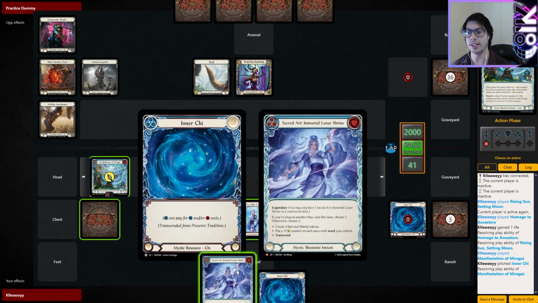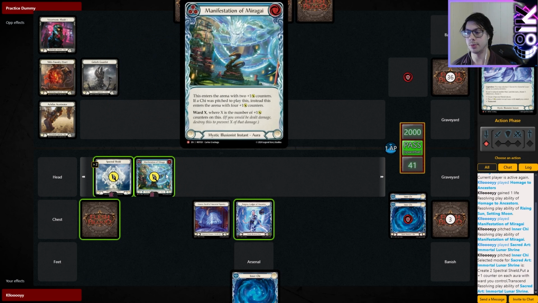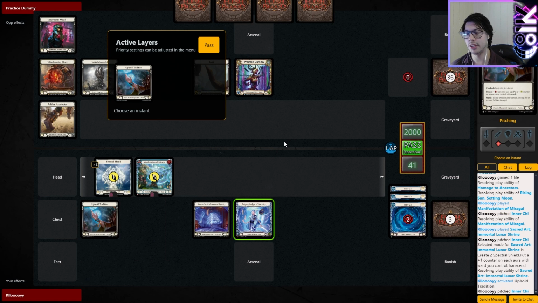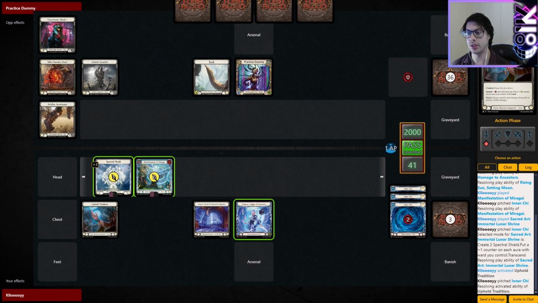So we also have the Sacred Art, which will give it some more counters. So we can pitch the Inner Chi, we'll end up getting 2 Spectral Shield tokens, as well as the Miragai, and giving it another counter. So we now have Inner Chi, which means we can attack and swing. So we'll also flip over our Uphold Tradition. We'll pitch away the Inner Chi and give the Manifestations 1 more token. So it now has 6 counters on it,